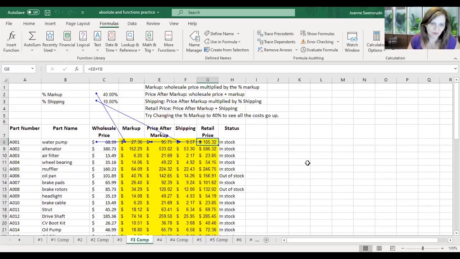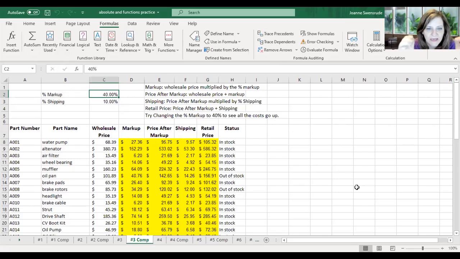So I think if you were to look at this, it would be confusing. But if you were to go click, oh, okay, click, oh, okay, like just do it backwards, one at a time, I think that might work really well. So those are the precedents. Now we have the dependents. So this would be more things like